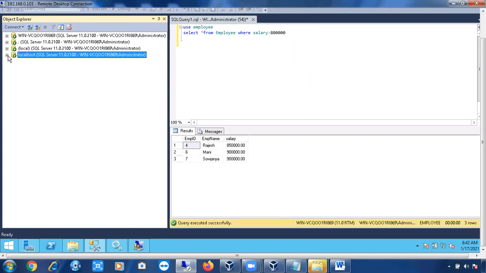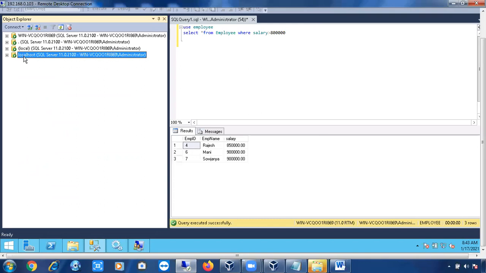Just one more assignment: other than these 4 ways, do we have any other ways to connect to the default instance, other than the computer name, dot, and localhost? Do we have any other ways to connect to the default instance?